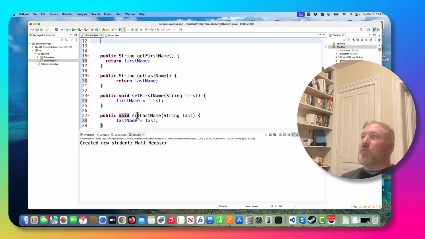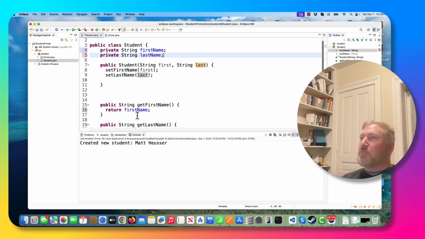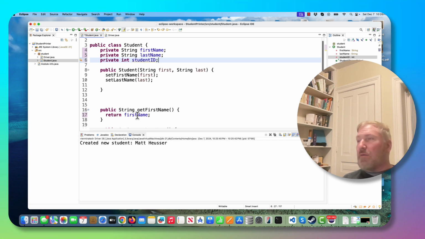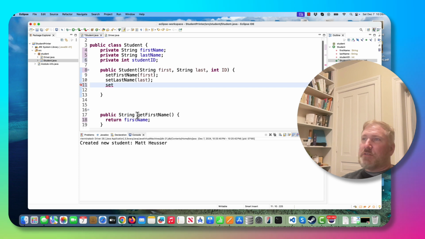that new requirements come in. We want to store student ID. No problem. So I'm going to do something like private integer studentID. Super easy, right? Barely an inconvenience. And we're going to have that in the constructor. Maybe like this: integer ID. And then we're going to call setStudentID